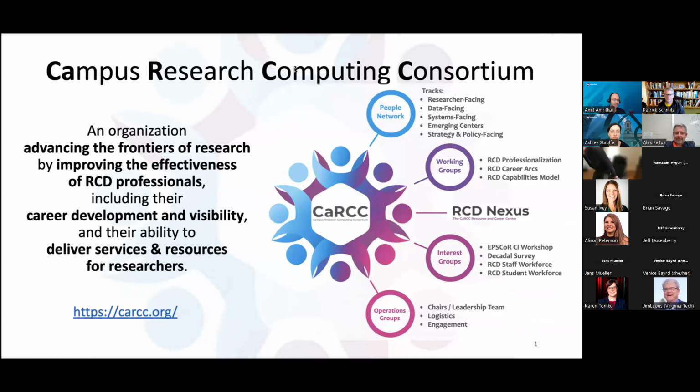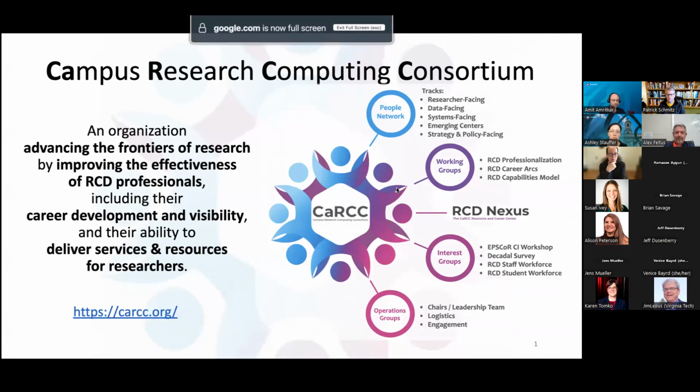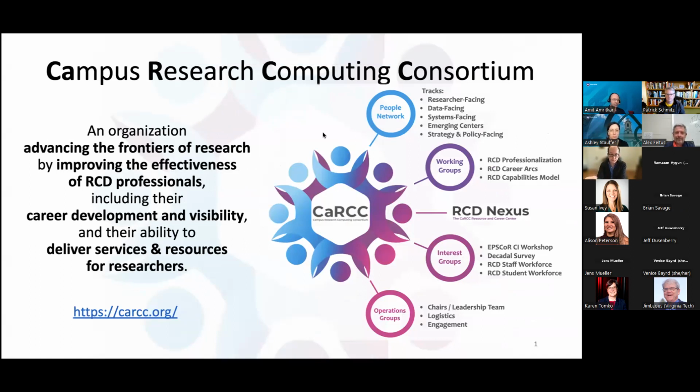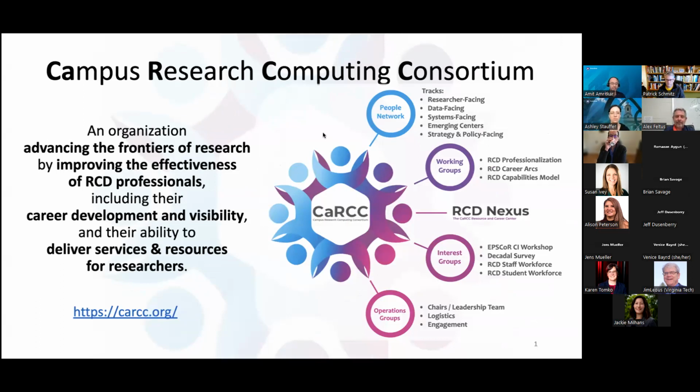CARC is the Campus Research Computing Consortium, and it's basically for all the folks who are involved in research computing and data. All the professionals in different capabilities involved in this area are welcome in this community.